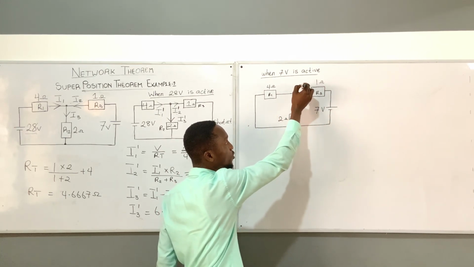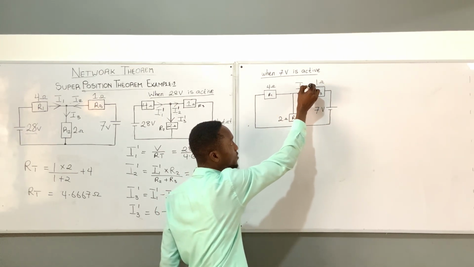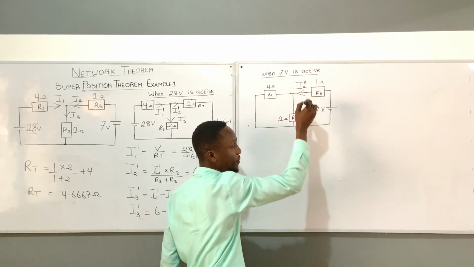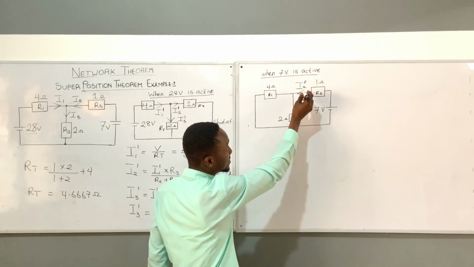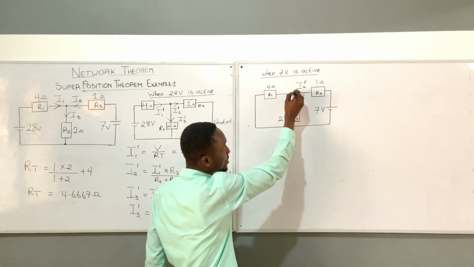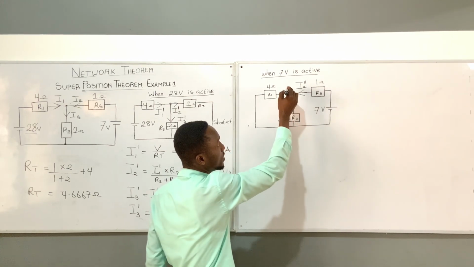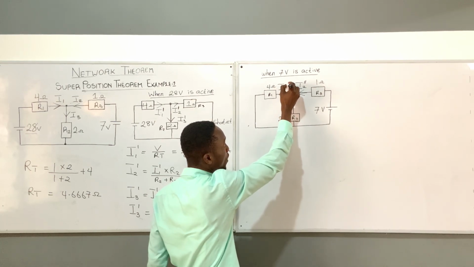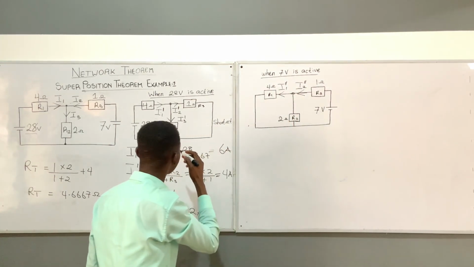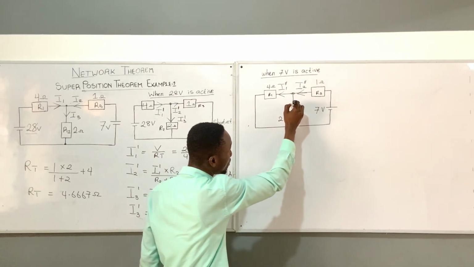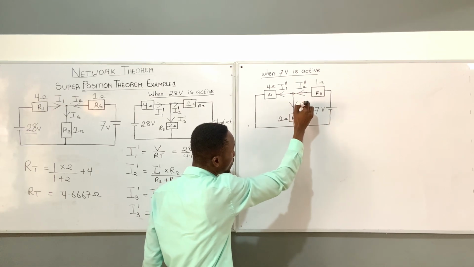So let me call this one I2 prime prime. So now, as I2 prime prime gets to this node, it will split into two. One is passing in this direction. Let us call that one I1 prime prime, okay? Which is similar to the original. Then when we drop here, the one that is passing here, we call it